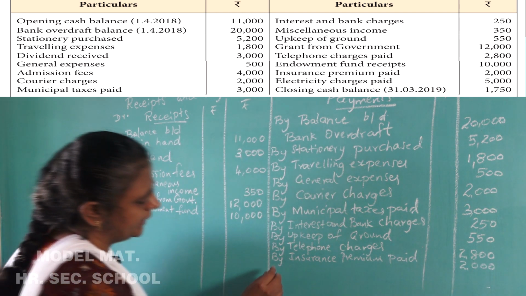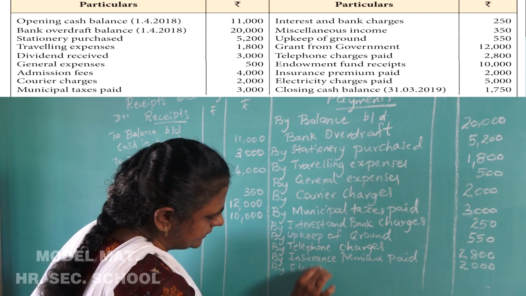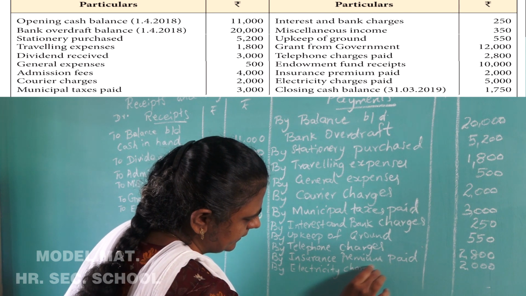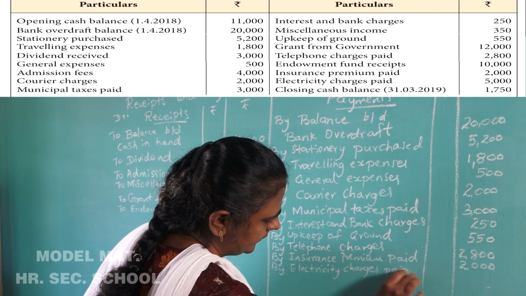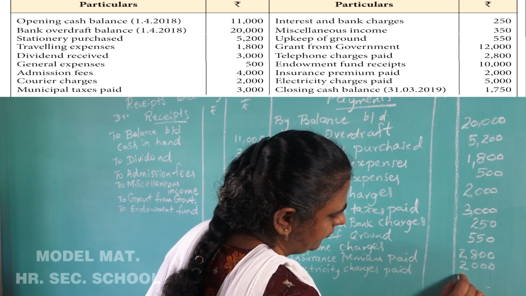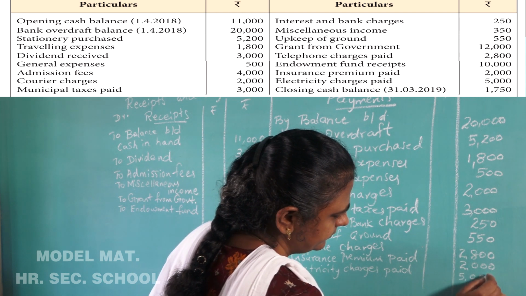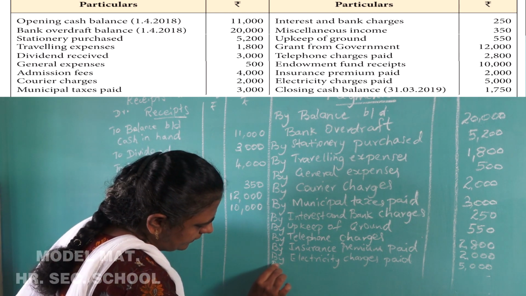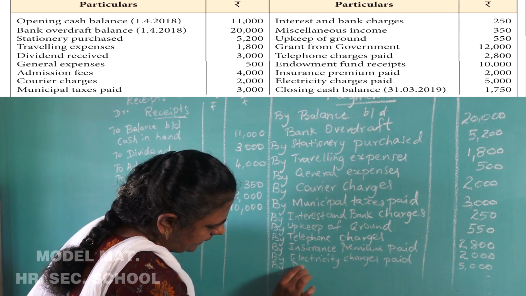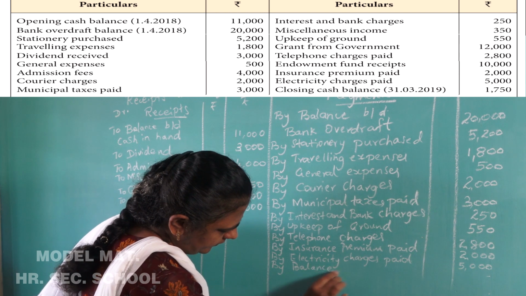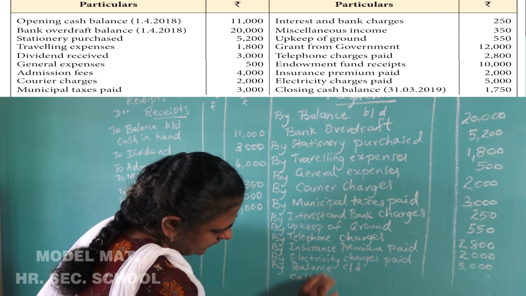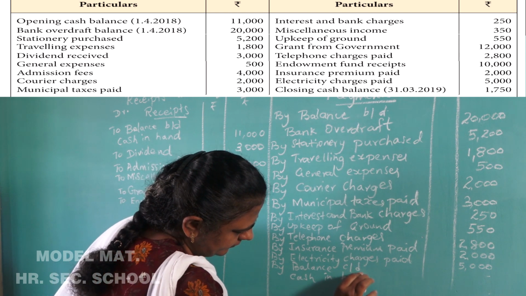Electricity charges paid 5,000. Electricity charges paid 5,000. Closing cash balance 1,750. By balance carry down, cash in hand